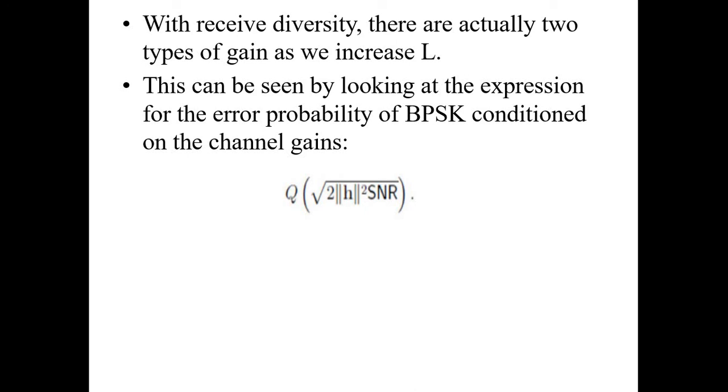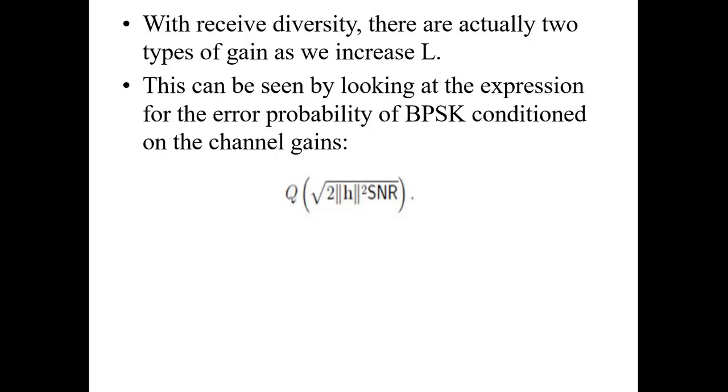This can be considered as an expression for the error probability, because when we calculate the error level, that is the bit error rate, we can determine how strong the signal is and how many bits have been transmitted during this symbol time. How many bits in one unit time we can transmit and receive with proper signal ratio makes up your gain factors. Mathematically it is expressed as Q of the root of 2 times modulus of h squared times SNR.